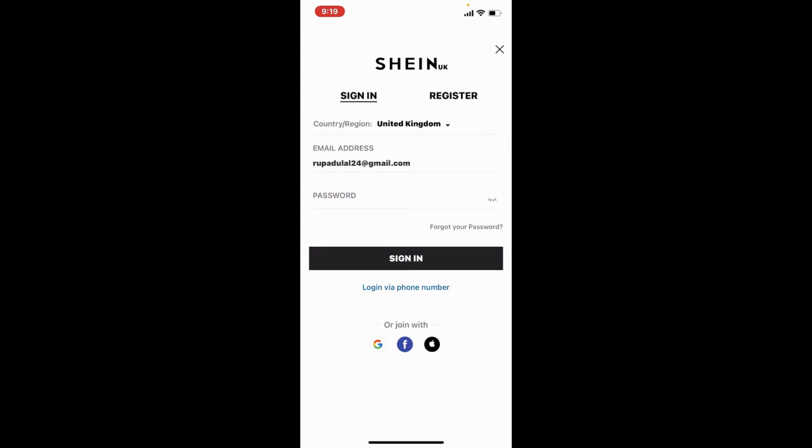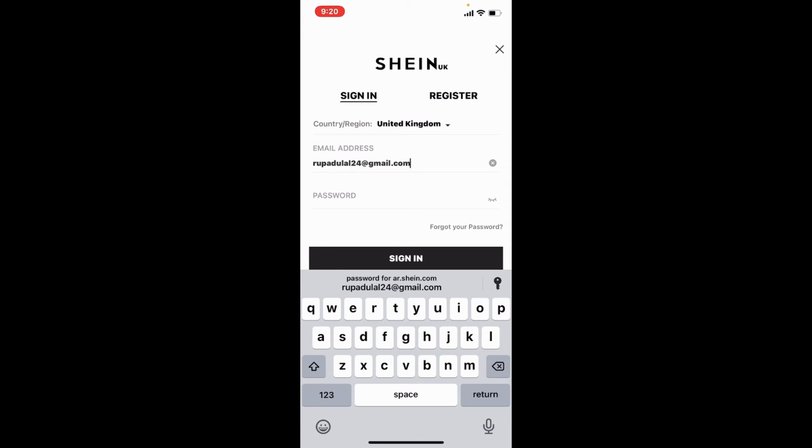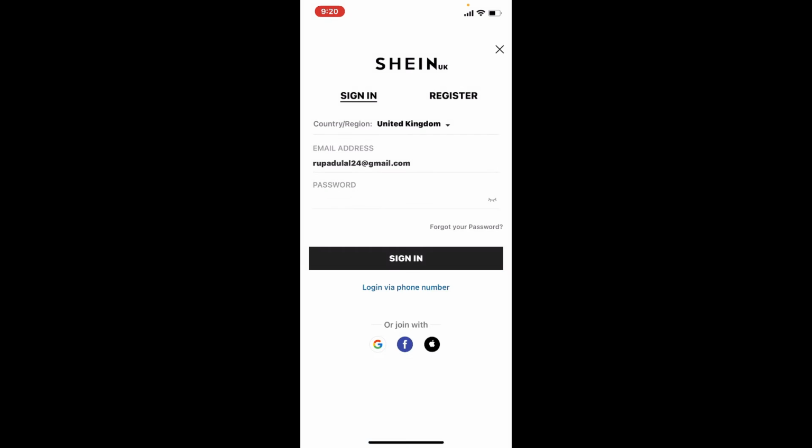If you already have an account, make sure that you are tapped into the sign in tab. Type in your email address into the first text box that is associated with your Shein account. Next, type in the password for your account as well into the next field. Make sure to type in your password correctly in order to log into your account without any kind of problem. You can also log in via phone number or other social networking sites displayed at the bottom of the